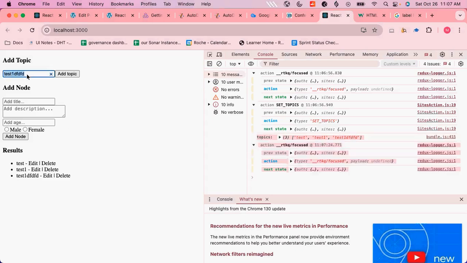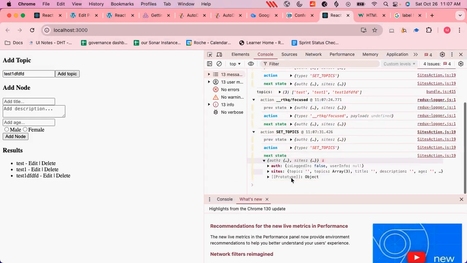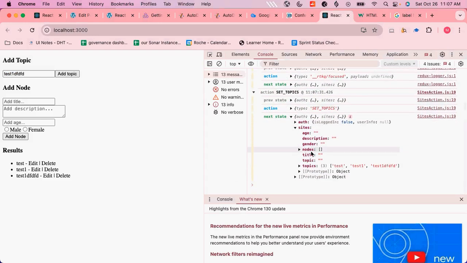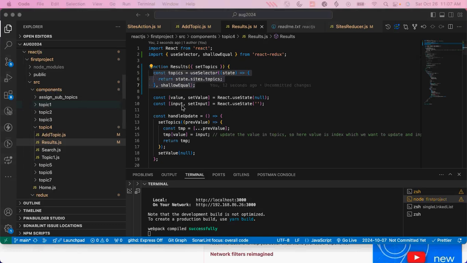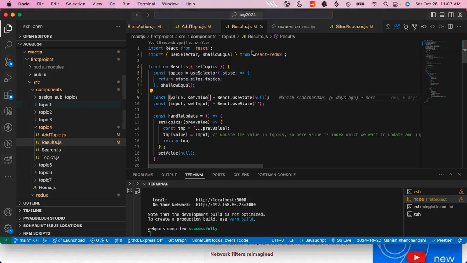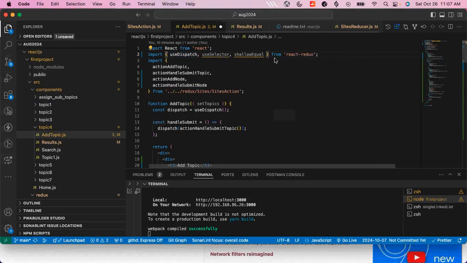Another thing, I want to retrieve this part and display it here. Because when I click add topic, you see in the state, this topic gets empty. So this should also get empty. So we have to retrieve the topic from the reducer or Redux in the add topic component also. I'll copy this line of code and add it here because it is in the same